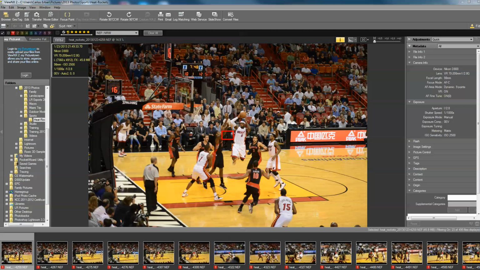Hello, my name is Carlos Erban, and tonight I'm here to talk to you about the autofocus system in the Nikon cameras. So before I show you some of the pictures that I took under the different settings, what I